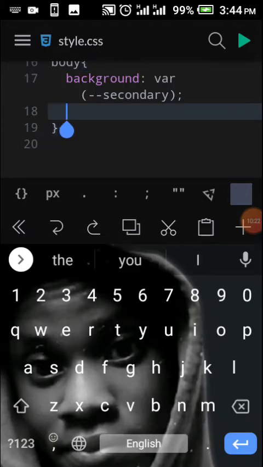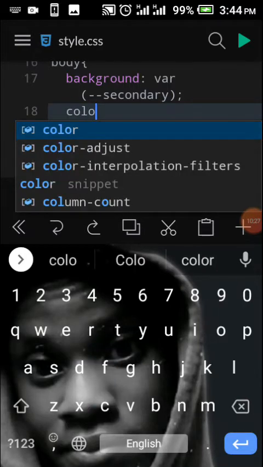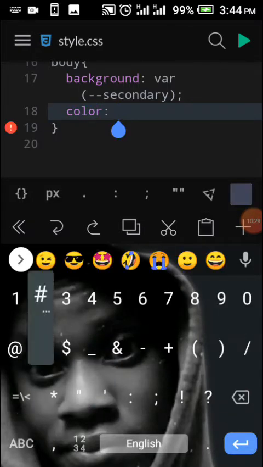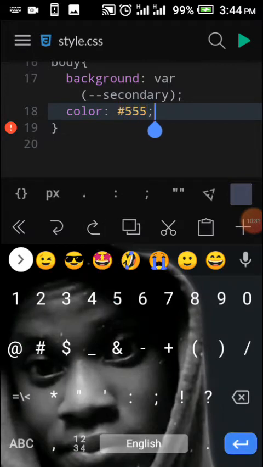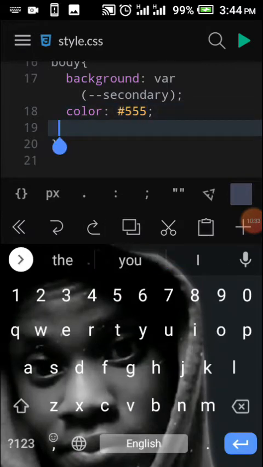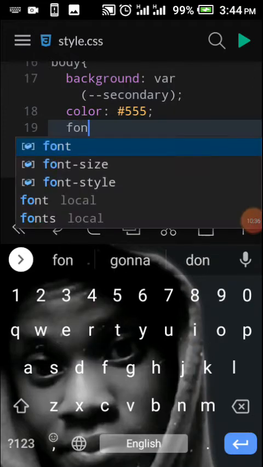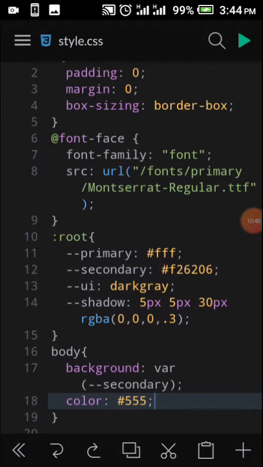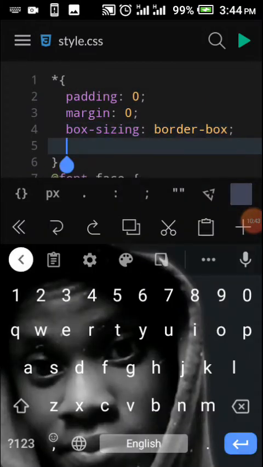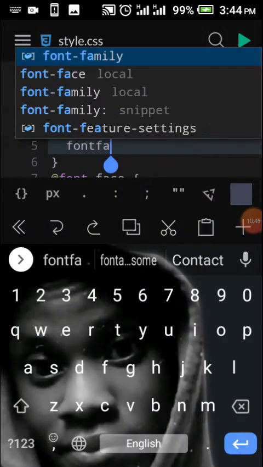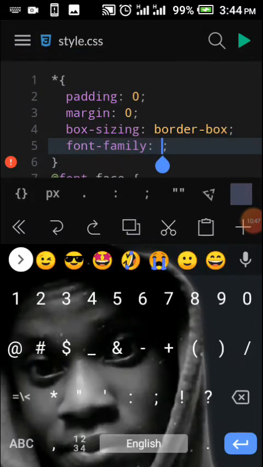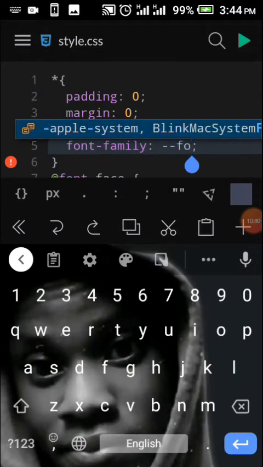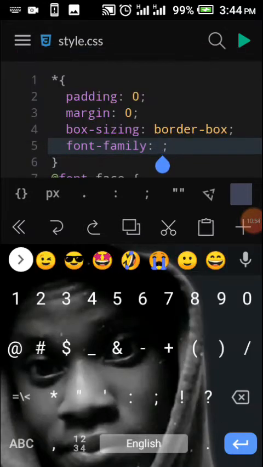It's a great app. So I just want to say color should be ash 55, which is a very good color, and my font family should be okay. Let me just specify the fonts, since I'm going to use it in all elements, I'm just going to come here and say font family should be, not yet. Okay, so I'm just going to say var